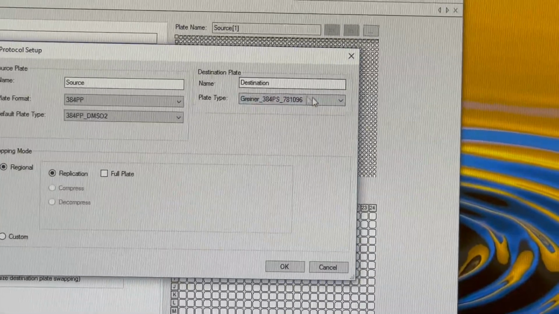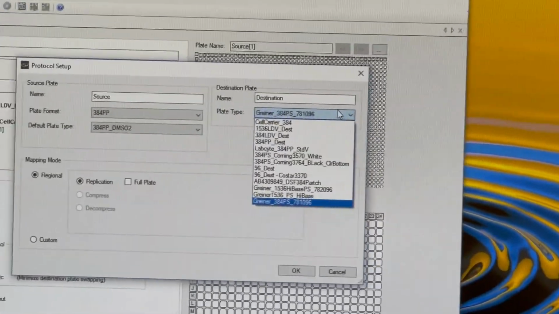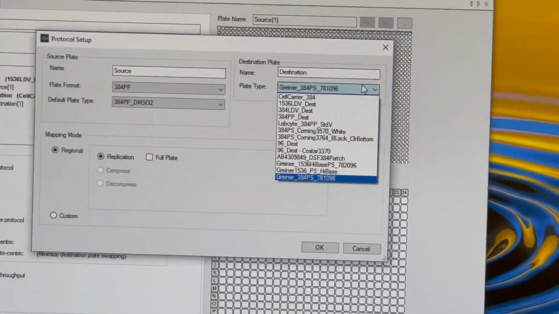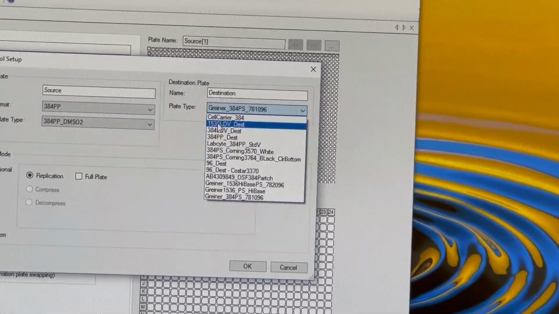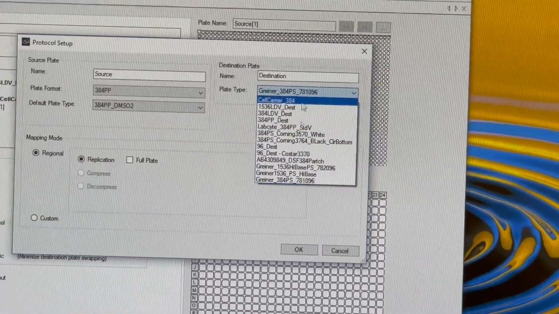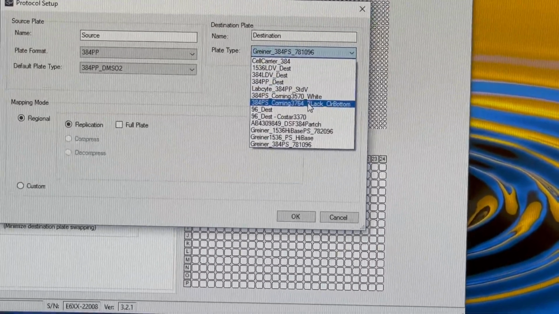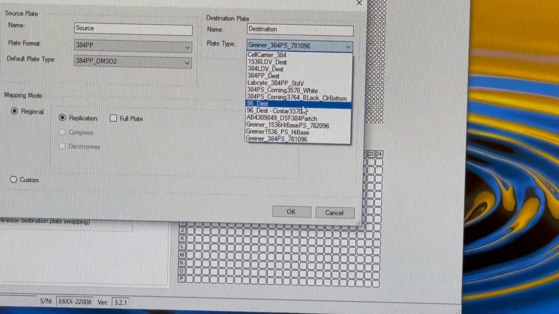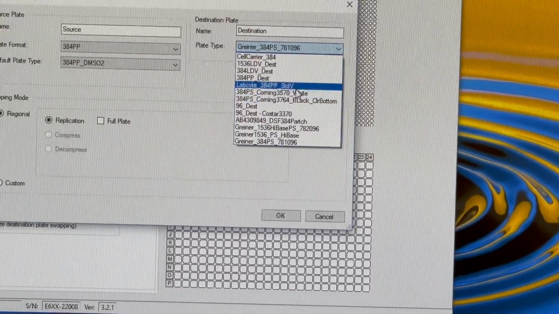And then we set what our destination plate is. This one is a lot less specific. It's basically just programming it with the geometry so that it will know where to place the plate in the holder. And we have many options, and you can add and customize plates to the list. You can even dispense to multi-plates, you can dispense to membranes, you can dispense to anything that fits in the holder.